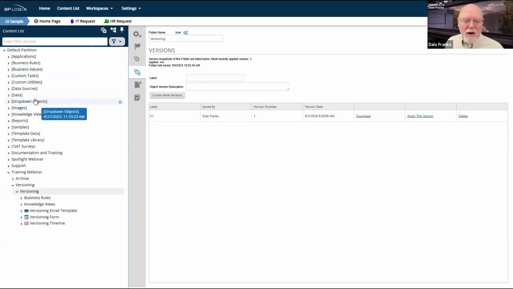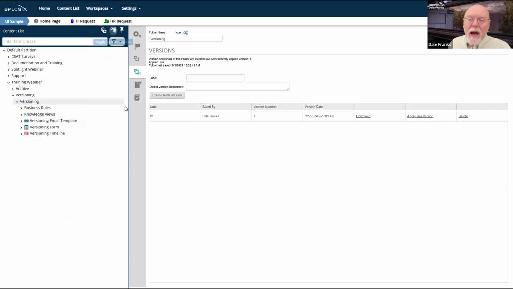So as you can see here, I've got drop down objects, business rules, business values. If those objects don't exist on the production system because you didn't import them prior to importing the application, obviously your application import will fail or at the very least receive warnings. But assuming that you've done that correctly, and that's not a concern, if I was just pulling this application in, for example, it's not a concern on this particular application, then importing the entire application at the same time enables me to largely avoid import errors as I'm going from one system to another.